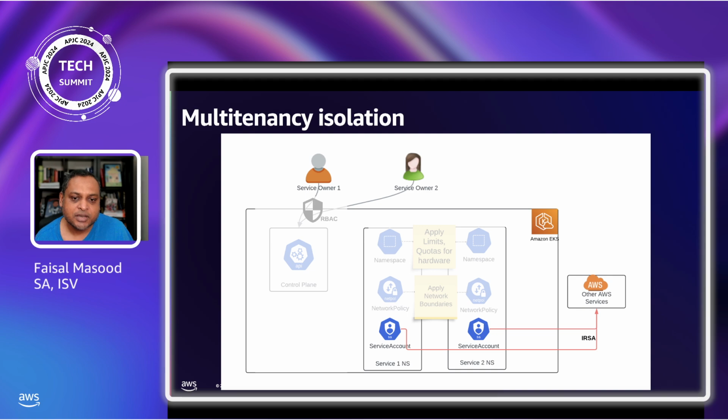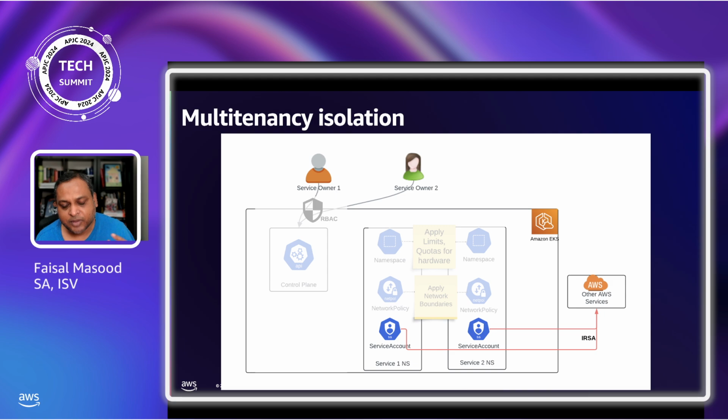So we'll use a capability called IRSA, IAM roles for service accounts. I know there's EKS Pod Identity, which is a hotter topic, but in the ADR we are talking about how we're going to manage that. So we cover all levels of isolation within the cluster, within the control plane, within the data plane, and external services. That completes the first ADR.